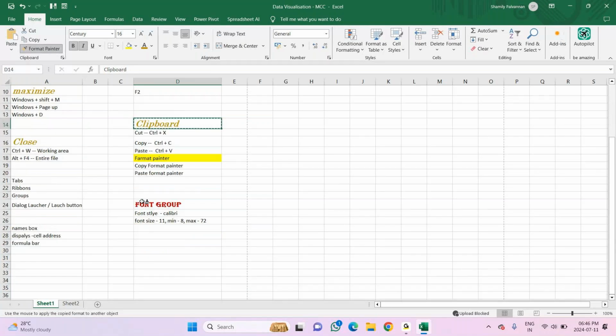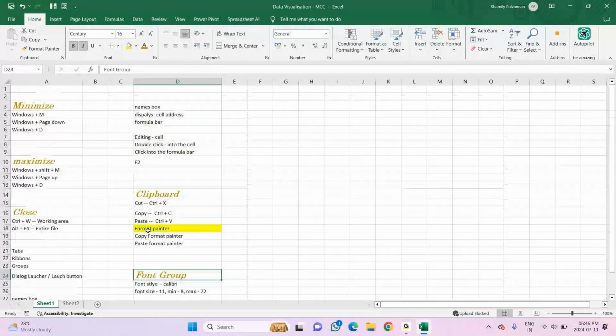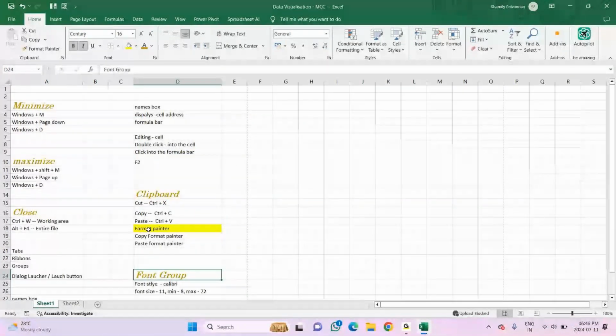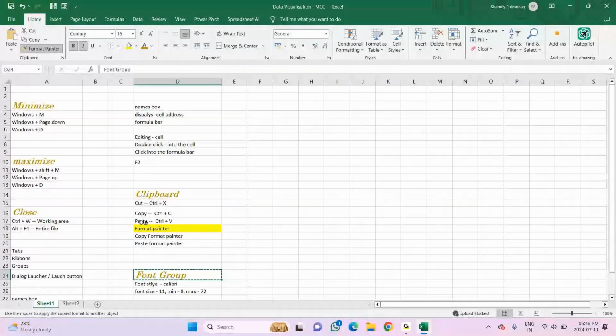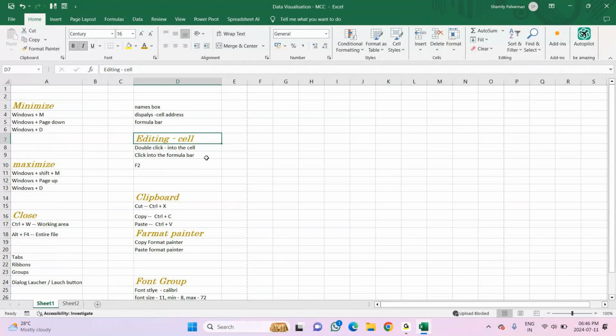So automatically whichever headings you choose, it will be applied, right? You can see a brush sign also. Whichever cell you click on, these options will be applied. So I'm using this Format Painter.